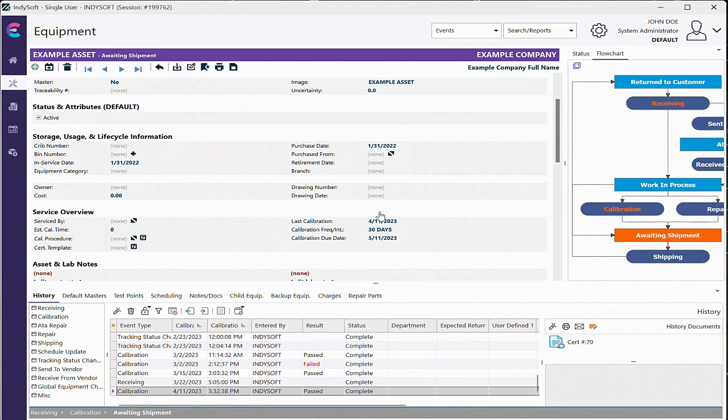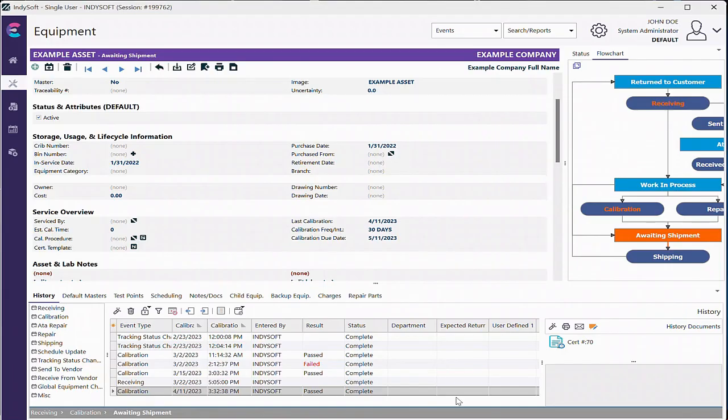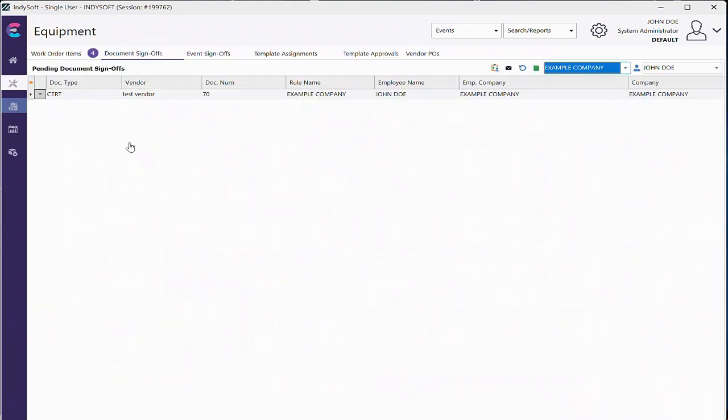So if I open up the certificate, you'll note that it has the awaiting approval watermark on there, which is not anything new. We've had that for quite some time. But what we did add is if you sign off on the pending document, this is the one here,